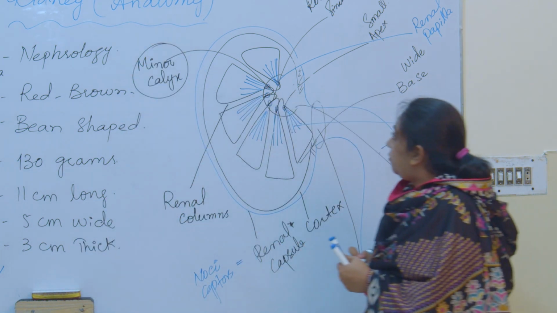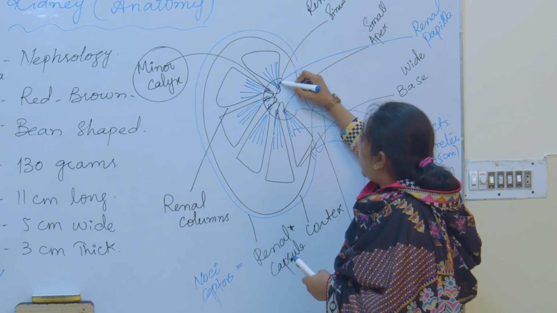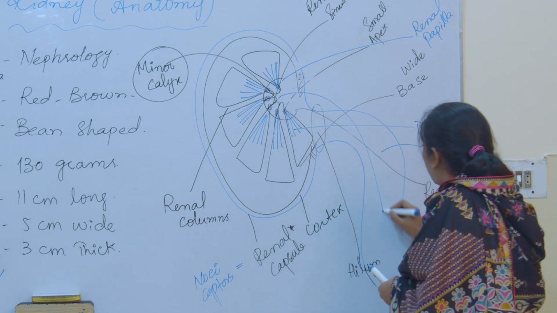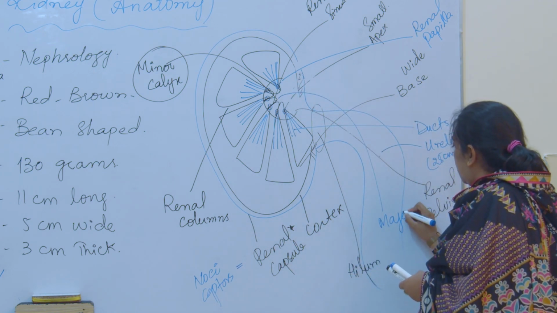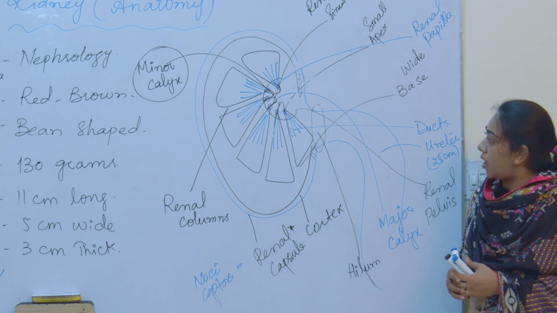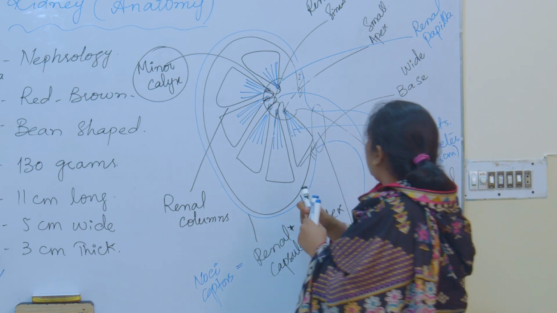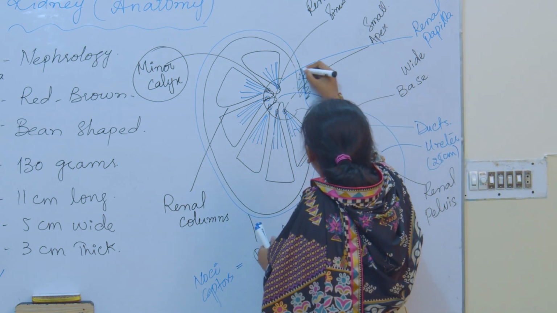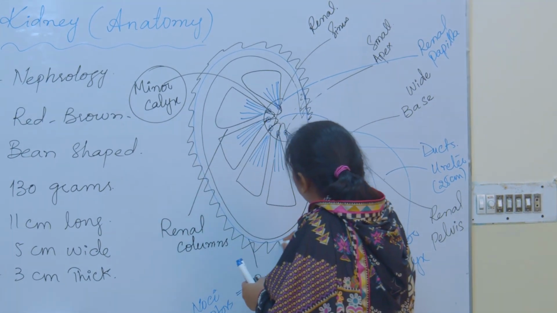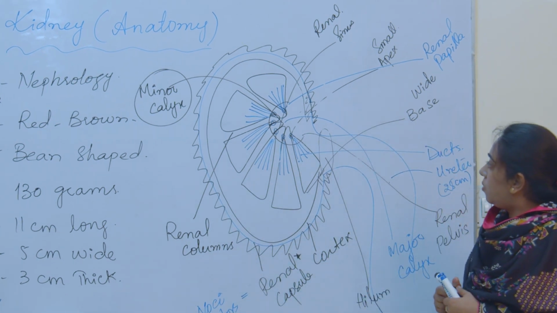Okay, and when they are joining together, like these two minor calyces, they are making a broader kind of pathway. So here these are known as the major calyces. So this is the major calyx, and along with this, outside the renal capsule there is an adipose fat tissue layer which we have already discussed. So here this is the whole thing.